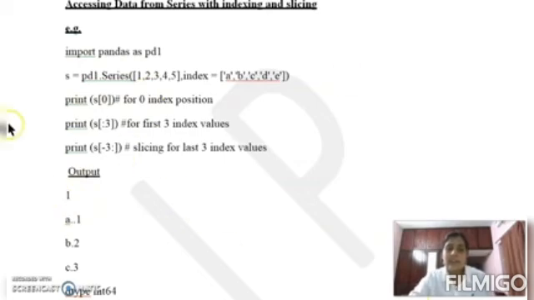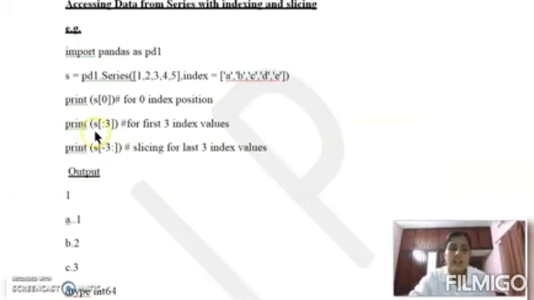And next is print S[:3]. Before this colon we assume it is 0, because we omitted that value. So we assume the 0th position.